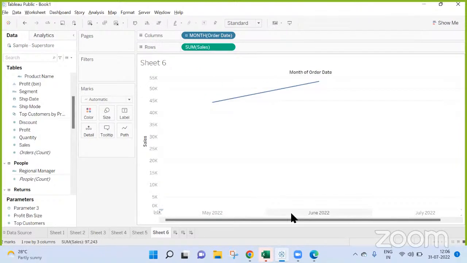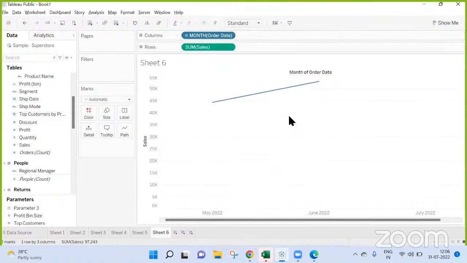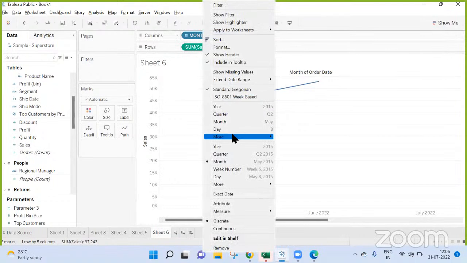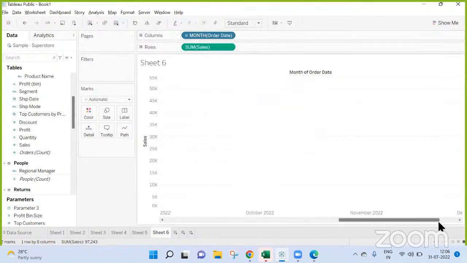Why is it showing only 1 July 2022? Okay, 1 month. 3 months. You got it, 3 months. And here you got 6 months. Right? Yes, you're getting this.